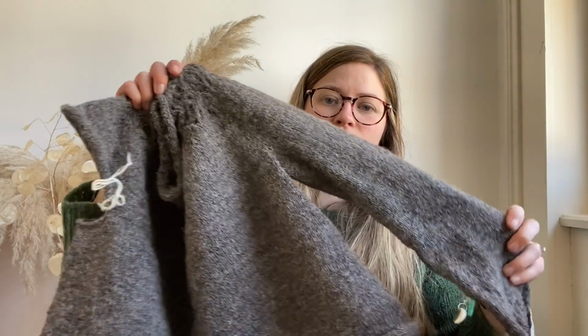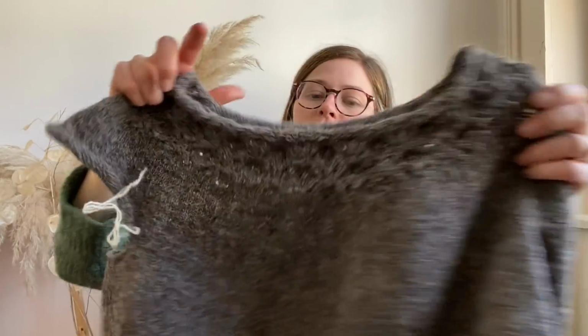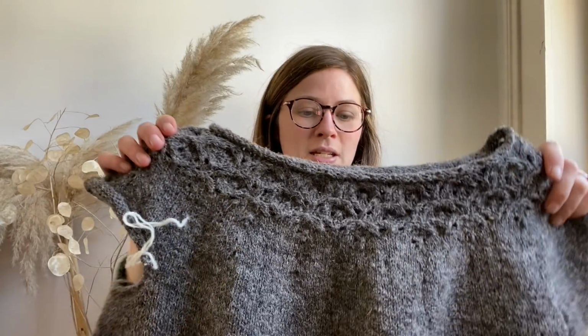So yes, this is my work in progress. I showed this a few weeks ago. I can't remember at what point I was at, but I basically knitted the first sleeve on it, and I just have to cast it off and then do the second sleeve. I talked about some modifications I was going to do in the neckline. I think what I'm going to do is knit the second sleeve, bind it off, and then block it and